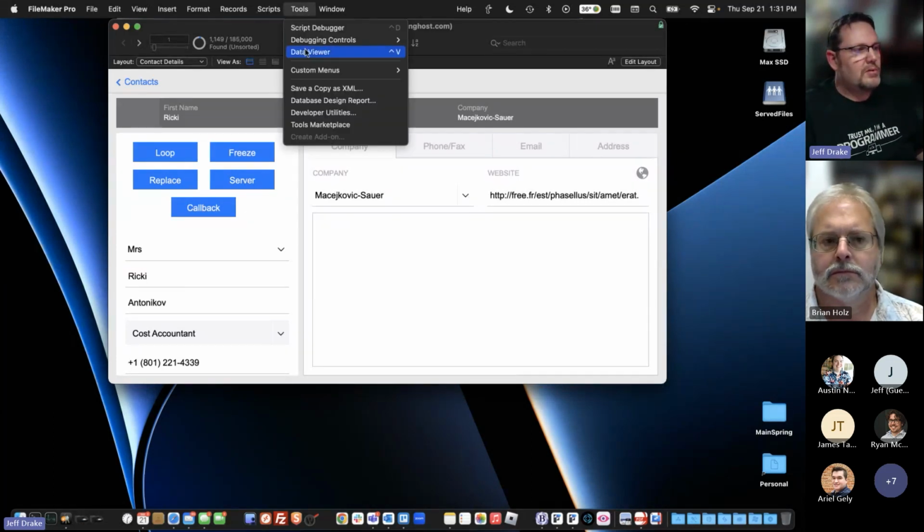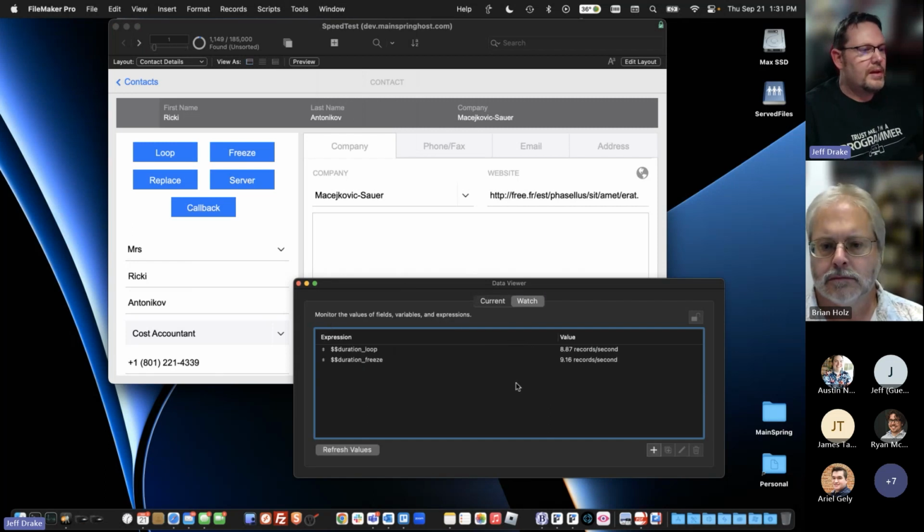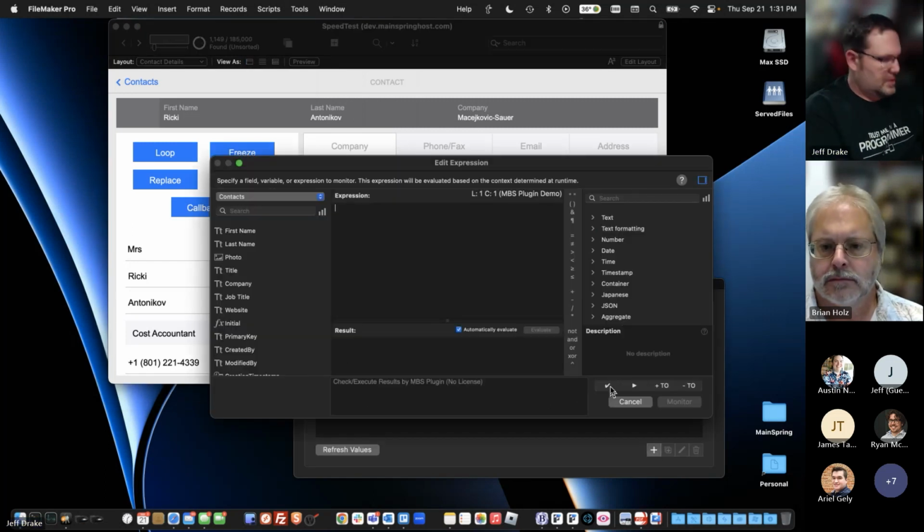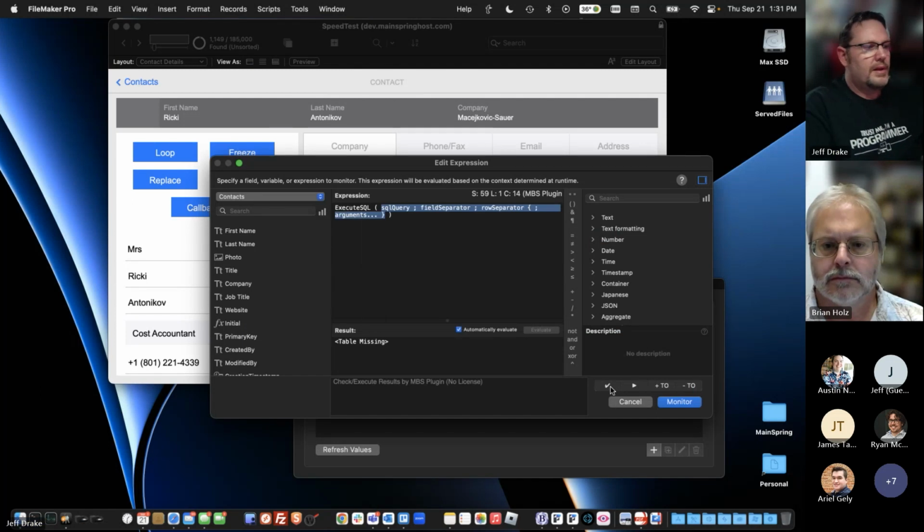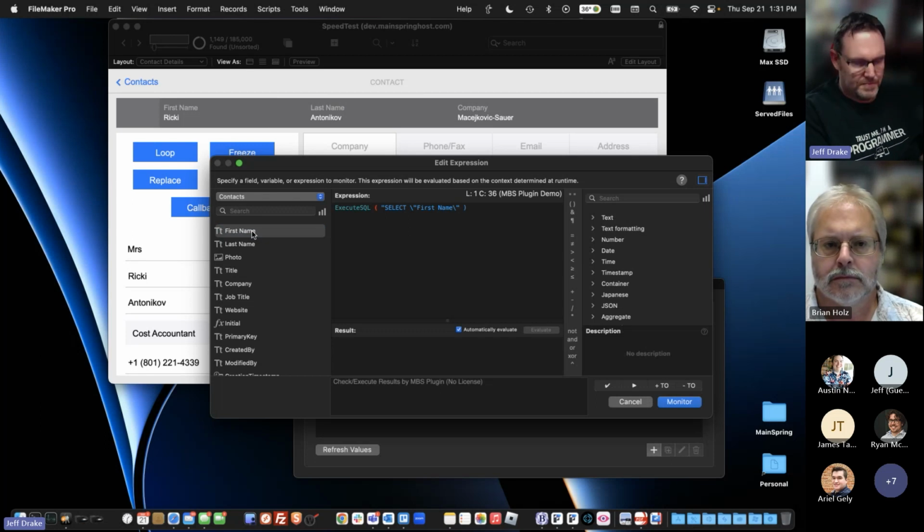For example, I'm going to pop up my data viewer here, and I can say execute SQL, and I'm going to write a short query here. Tell it to select first name. I'm going to have to put that in quotes because it doesn't like that space. Say from, and I'll put the name of the table, which is contacts, and I'll just put that in quotes just to be safe. Say where,